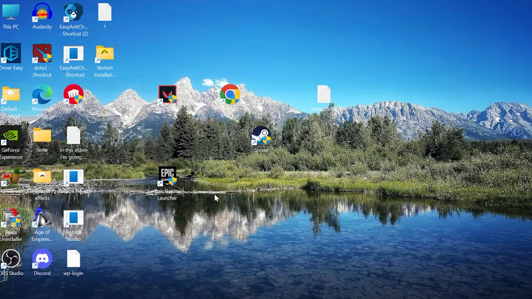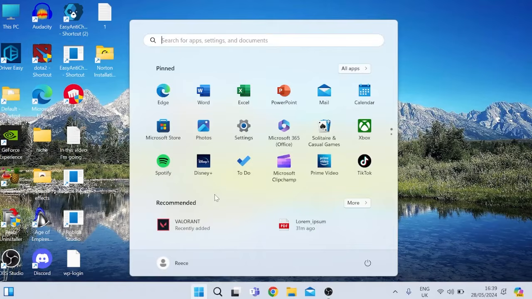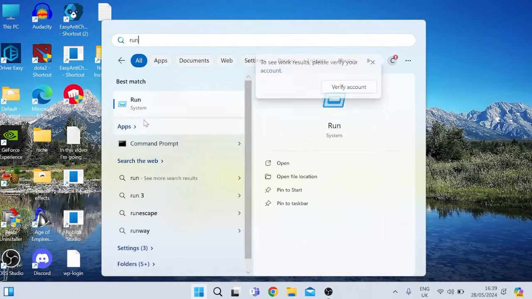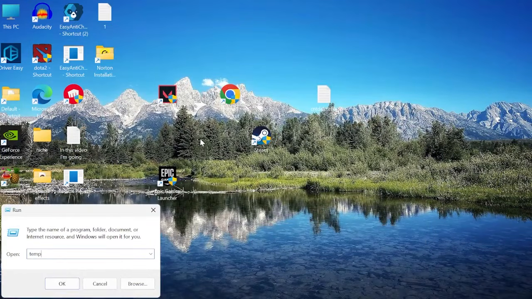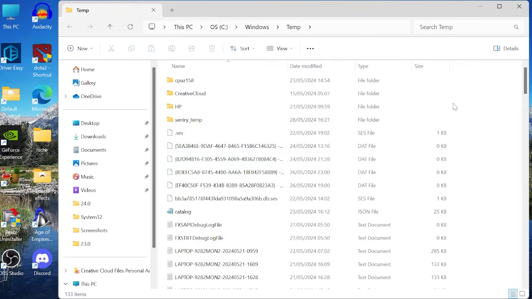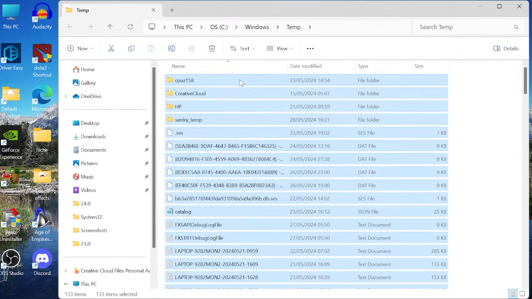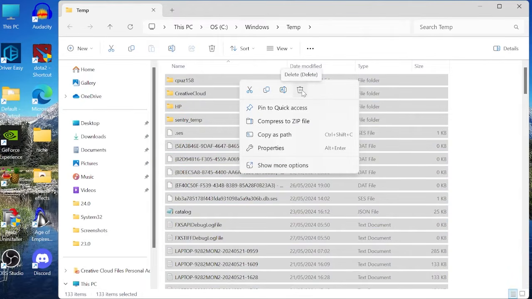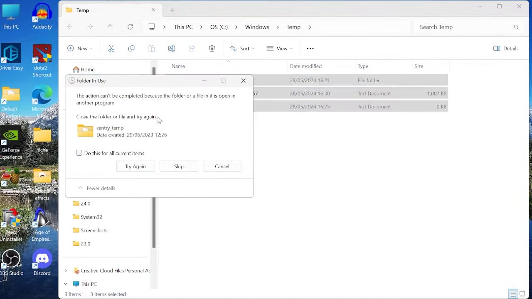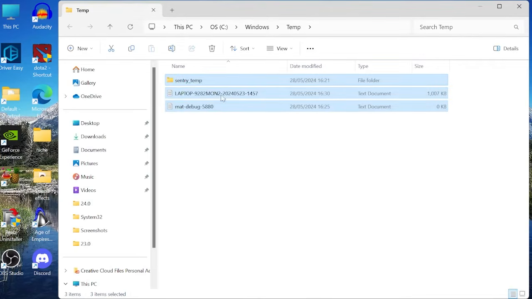and then press OK. And last thing we can do is come back to the Start menu and search for Run. Tap on the Run icon and search for Temp. Hit Enter, and you need to delete everything inside of this temp folder by pressing Ctrl A on your keyboard to select everything, then right clicking and selecting the trash icon to delete it. If you get a message like this pop up, just select Do this for all current items and select Try again. There might be some folders that it won't be able to delete, but that's absolutely fine. As long as we get rid of the majority of stuff in here, then we can close out of this